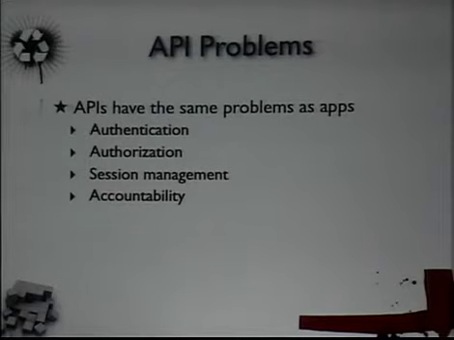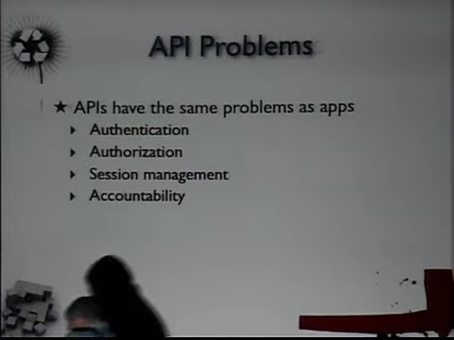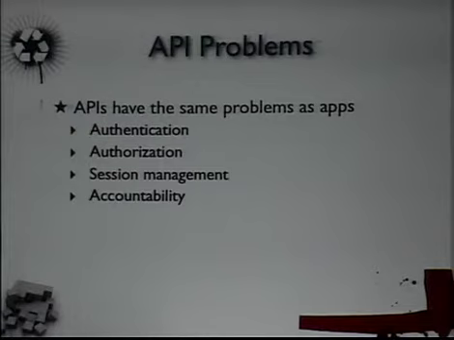APIs have the same problems as traditional applications. So from authentication, authorization, session management, accountability. Accountability is a big one because a lot of times API calls don't get logged. So if they don't get logged, when they're being abused, you have no idea they're being abused at all. Authentication and authorization are kind of interesting because when that gets tied into the application, when they're aware of each other's session data, that can be an interesting area for vulnerabilities as well, how that data gets passed back and forth. And I have a couple examples of that later on.